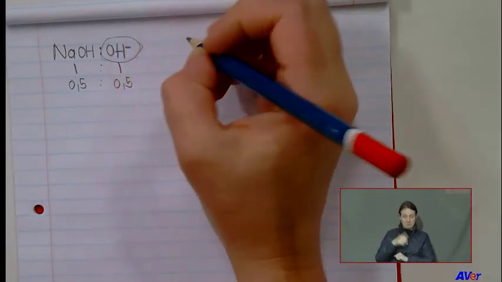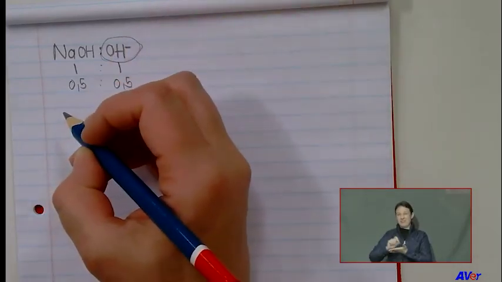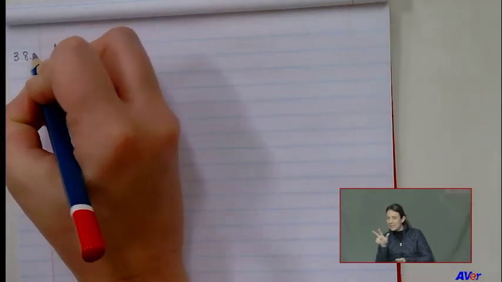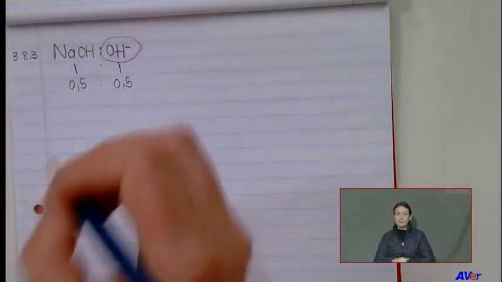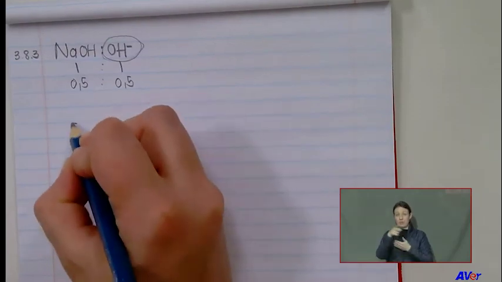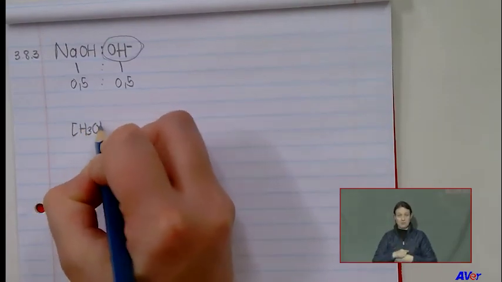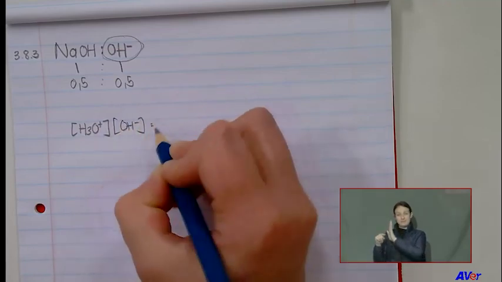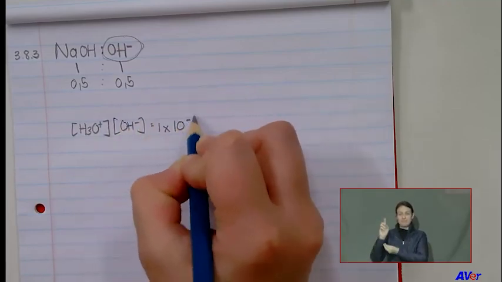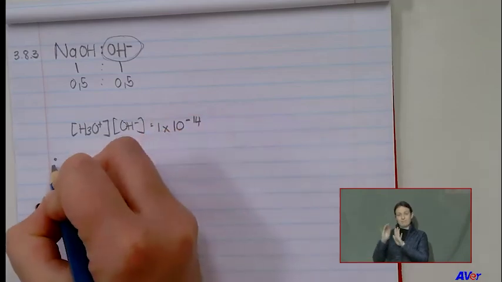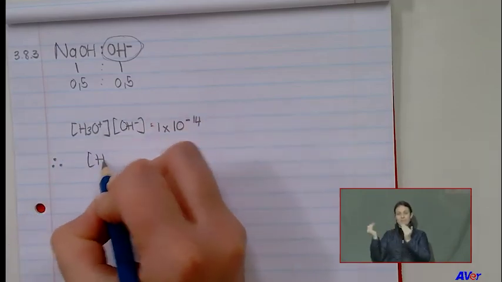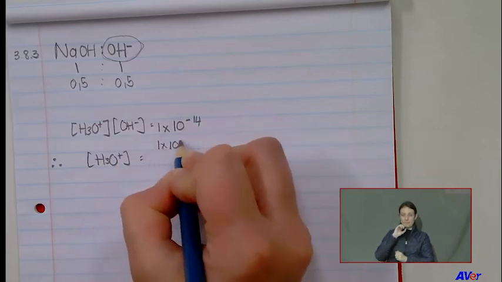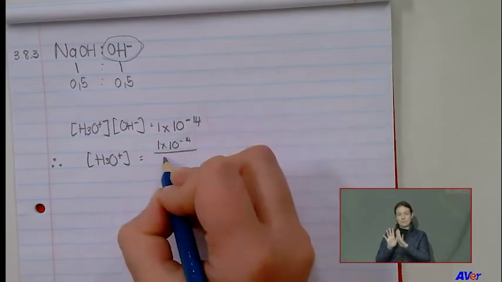So I'm going to write it down here. What number are we busy with? 3.8.3. And then I'm going to ask you to do the math for us so long. So we're going to say H3O plus times OH negative gives us 1 times 10 to the power of negative 14. And therefore, the concentration of the hydronium ions will be 1 times 10 to the power of negative 14 divided by